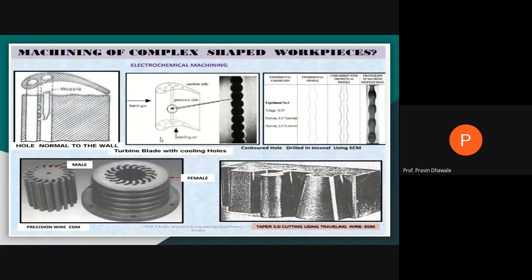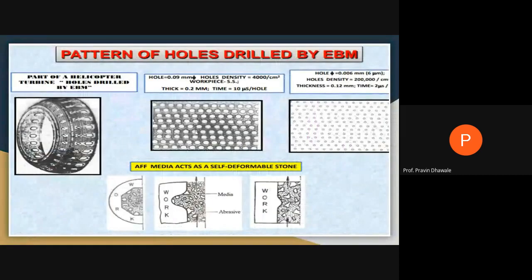I think you're getting certain idea of why you have to study these non-conventional machining processes, because certain shapes we cannot prepare by using the conventional lathe machine, drilling machine, grinding machine, boring machine, right? Like this, like this, right? So there are certain limitations for the conventional machining process in order to provide certain complex geometries of the workpiece where you can use